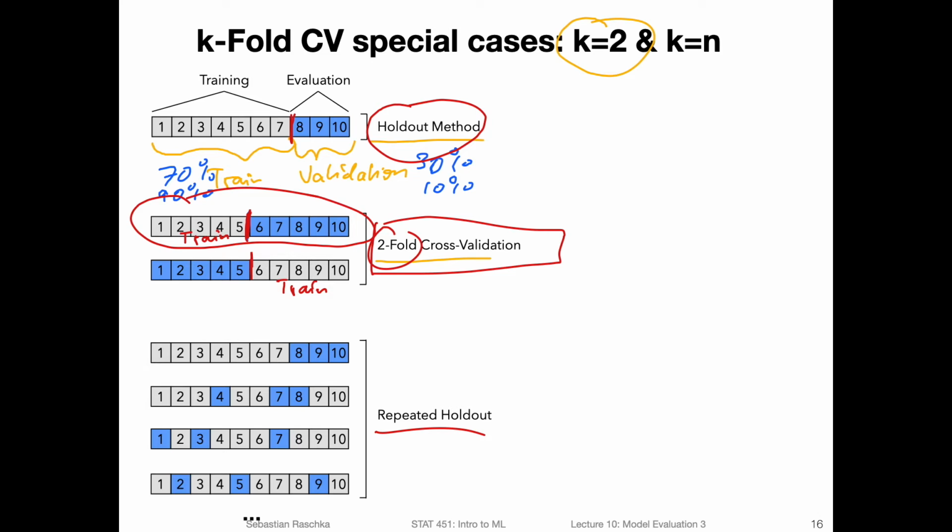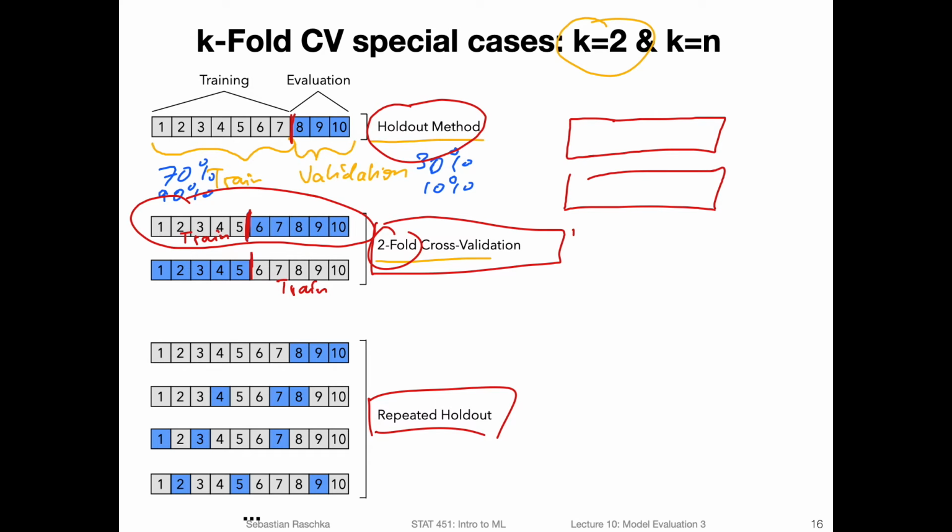K-fold cross-validation is different from repeated holdout, because in repeated holdout we randomly split. So we don't have the case where each data point is used exactly once for testing. If you consider k-fold cross-validation, each data point is used exactly once for testing. If we would just draw this again, say for 3-fold cross-validation, this part would be for validation, and then this part, and then this part, but there is no overlap. So we don't use any data point twice for validation. Each one is only used once.